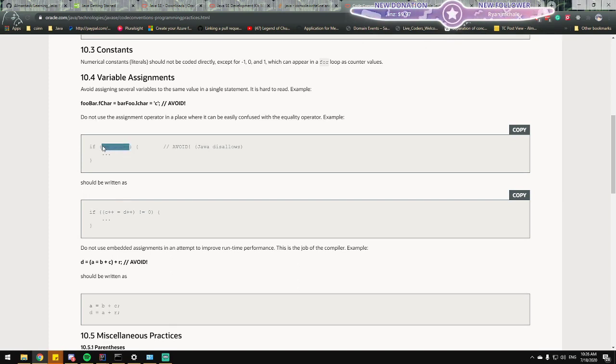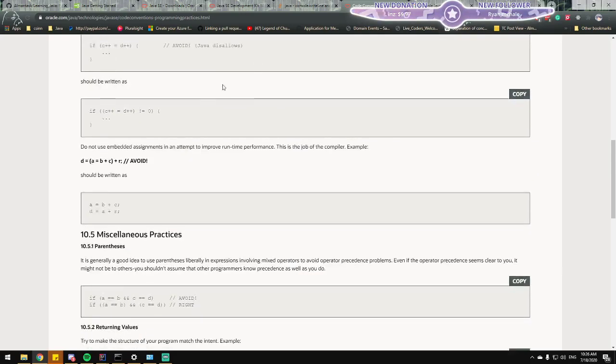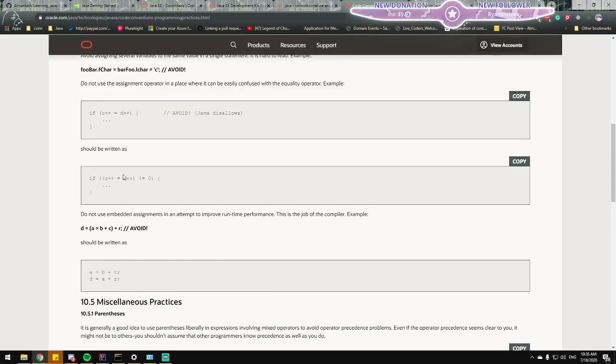This is bullshit. Absolutely bullshit. Are you serious? Are they serious? Should be written as this? No, it shouldn't. I hardly understand what's written here, but it should be 2 different statements.